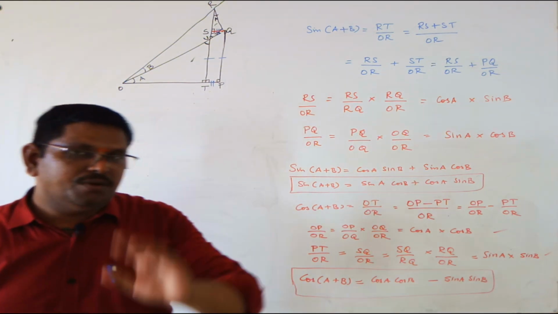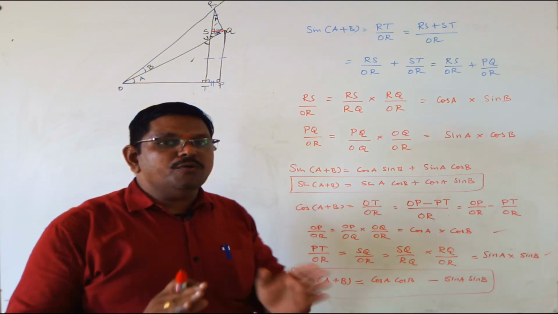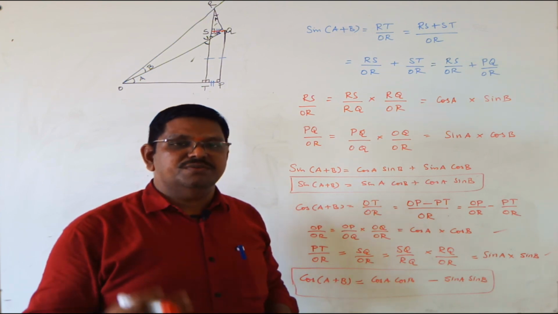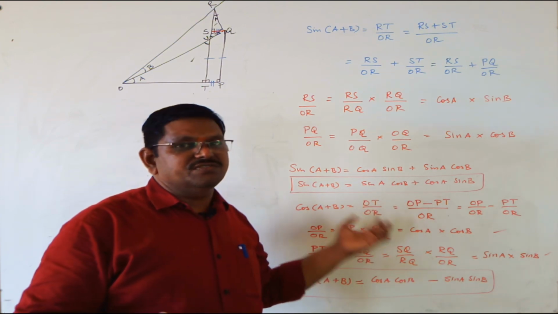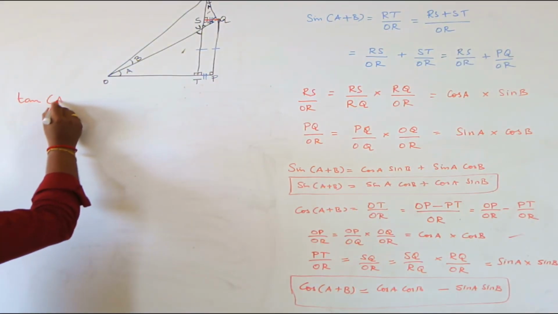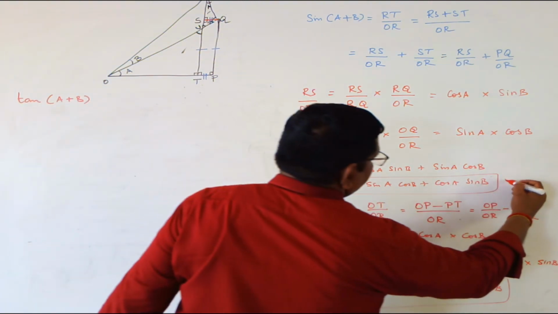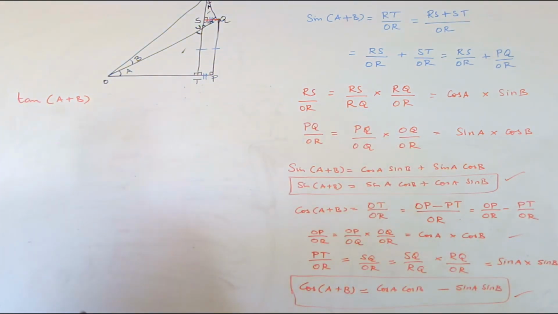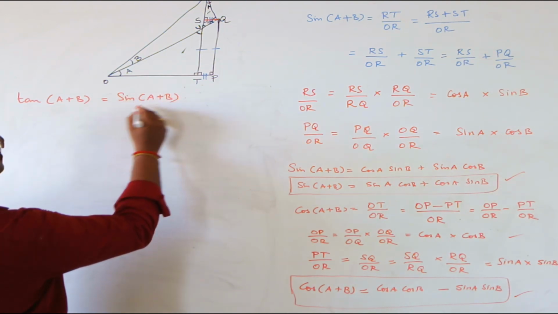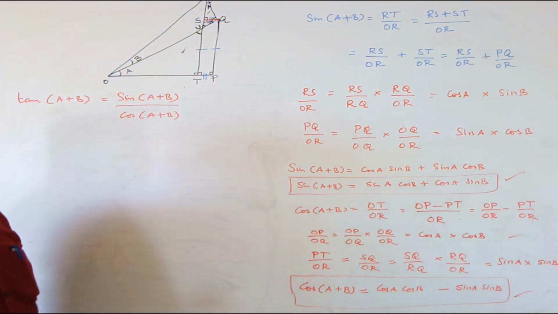We will see now. Okay, now we got two different results, sin of A plus B and cos of A plus B. With the help of these two, how are we going to make the tan of A plus B value, cot of A plus B value, secant of A plus B value, cosecant of A plus B value? These things we will discuss here. Now, let me take what is tan of A plus B. For this we don't want all those results. These two results are enough for us. Okay. Now, I am writing tan of A plus B is nothing but sin of A plus B divided by cos of A plus B, as we know that tan theta is equal to sin theta by cos theta.